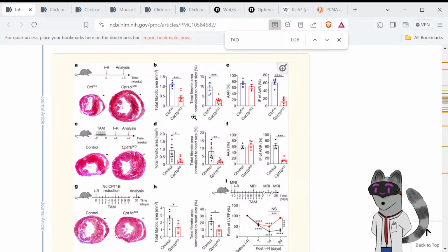Let's see here. What's the difference between... this is both B. So this is total fibrotic area, and this is total fibrotic area normalized to heart size. Got it. Because the heart was bigger. So they had to make sure that we understand it's not because we don't see a decrease. Well, actually, technically, yeah, we don't see a decrease because of the fact that the heart is just generally bigger. It could be equal sizes, but you kind of see that with the total fibrotic area. But again, the arguments would say,